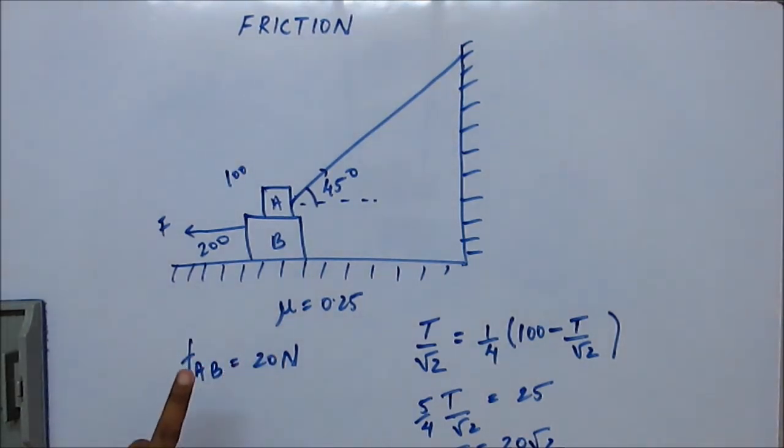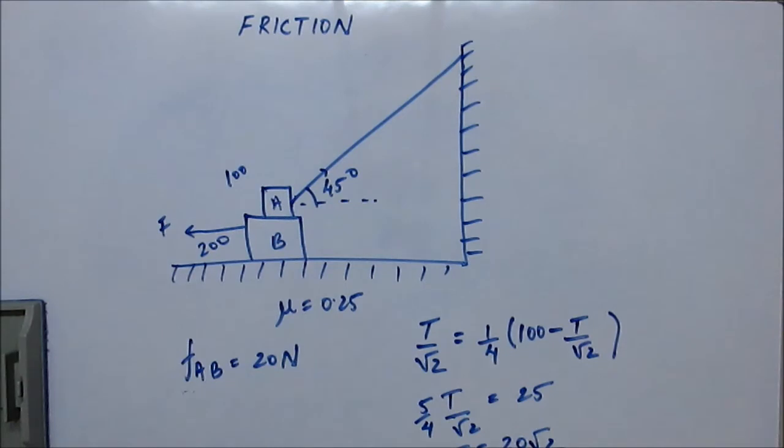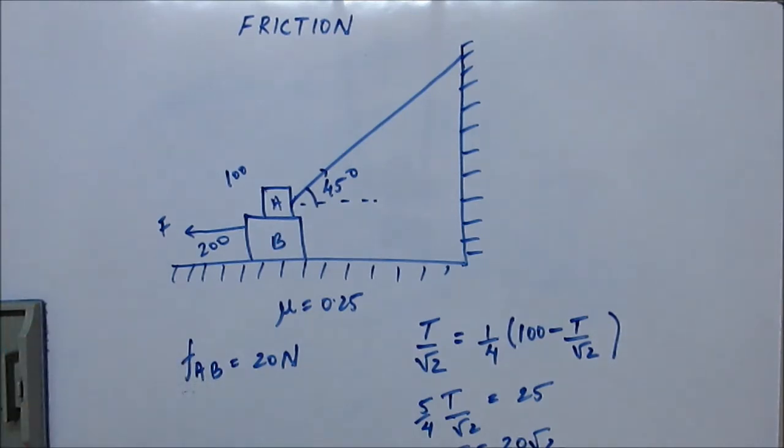Now what you have to do is find the force of friction between B and the ground, and both will be towards right, opposing the motion. So the summation of both will be equal to F. So all you have to do is find the force of friction between B and the ground. Force of friction between B and ground will be